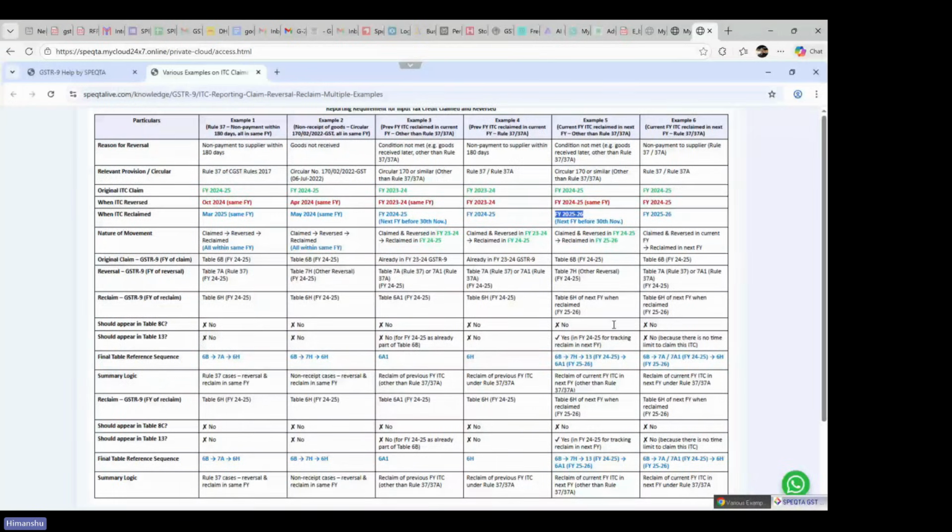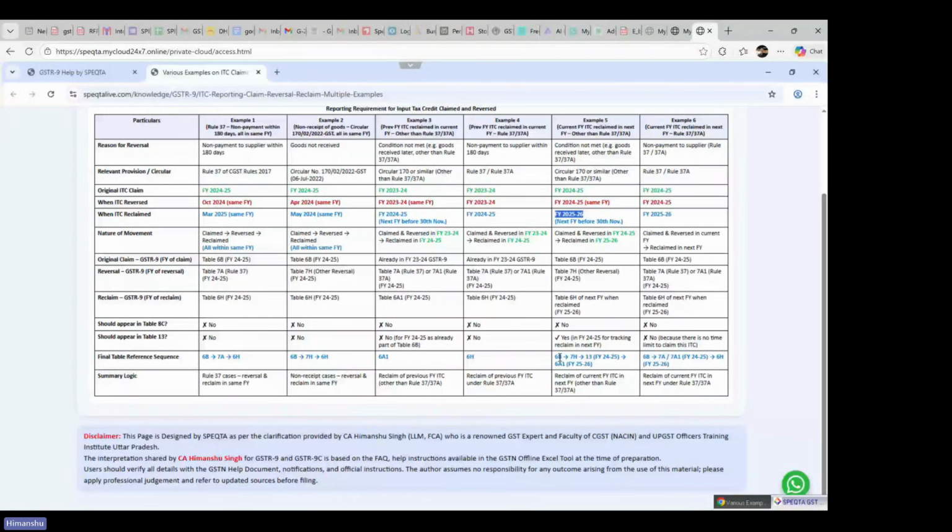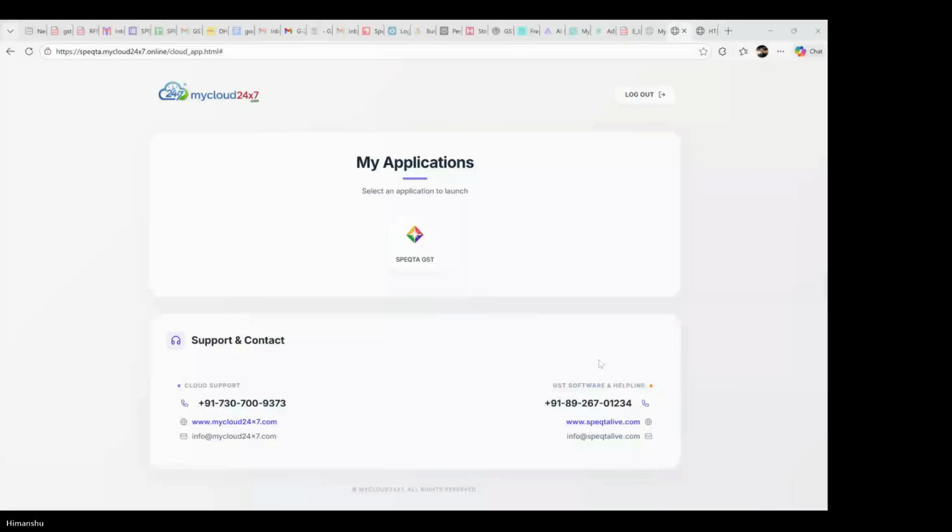आपको 24-25 में कहां पे रिपोर्ट करना है? टेबल नंबर 6B, 7H और टेबल नंबर 13 में रिपोर्ट करना है. और टेबल नंबर 6A1 25-26 का जब आप फाइल करेंगे तो वहां रिपोर्ट होगा. तो आपकी जो आईटीसी जाएगी ये टेबल नंबर